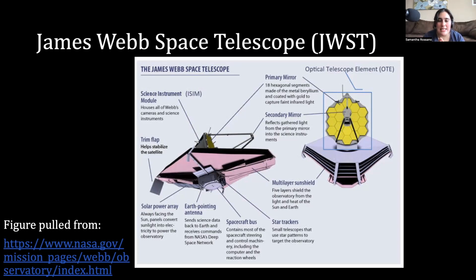The JWST has two types of mirrors, a primary mirror and a secondary. The primary is made up of 18 hexagon segments that are smushed together. They kind of look like a honeycomb in shape, and also in color because they're coated in gold. It's about 20 feet in diameter, like I mentioned. And this large hexagon reflects light from space, right? Galaxies, stars, whatever, they shine light towards this mirror, and the light reaches this mirror, and then the primary...